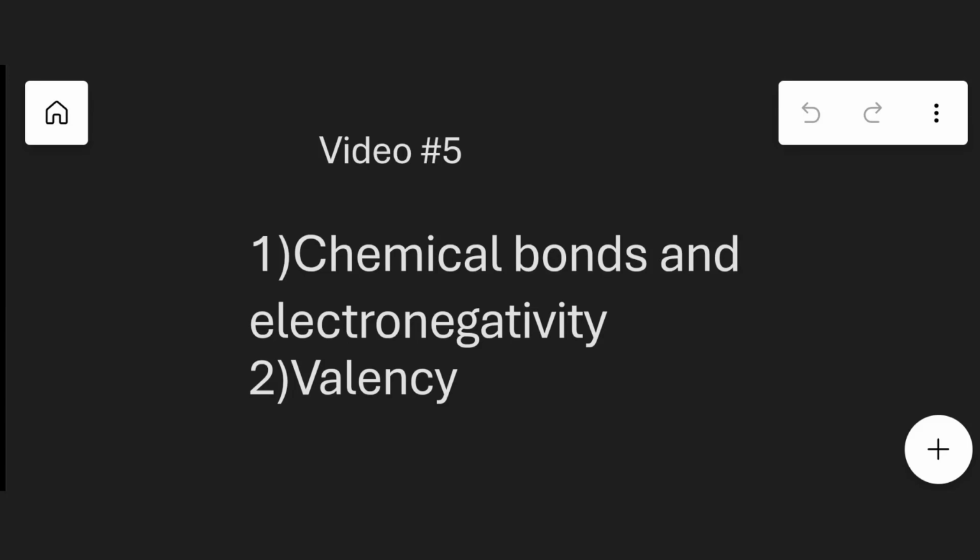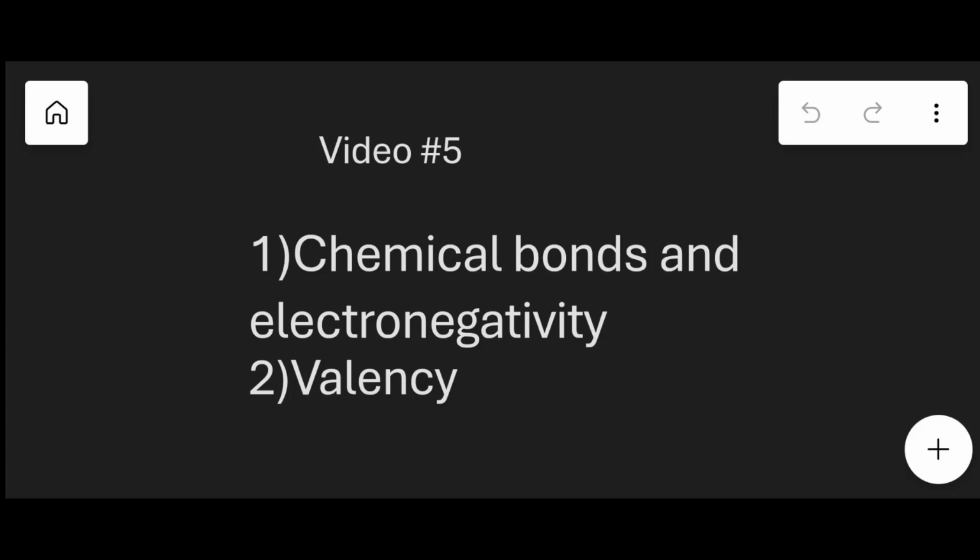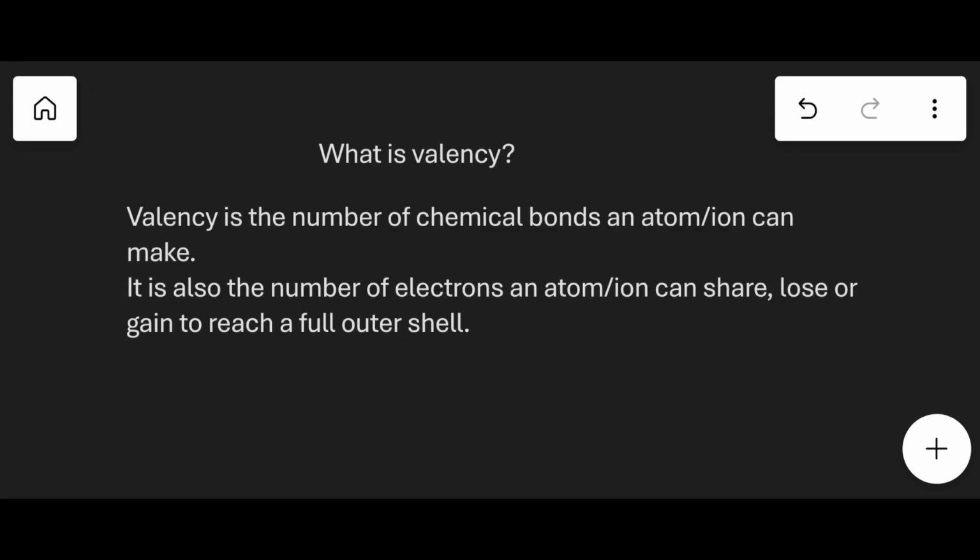Today we are going to see what are chemical bonds and electronegativity and what is valency. What is valency? Valency is the number of chemical bonds an atom or ion can make. It is also the number of electrons an atom or ion can share, lose or gain to reach a full